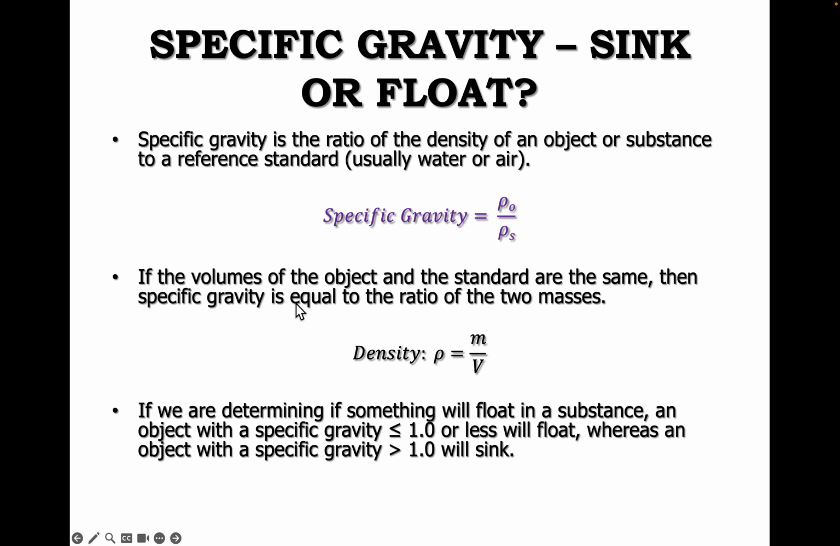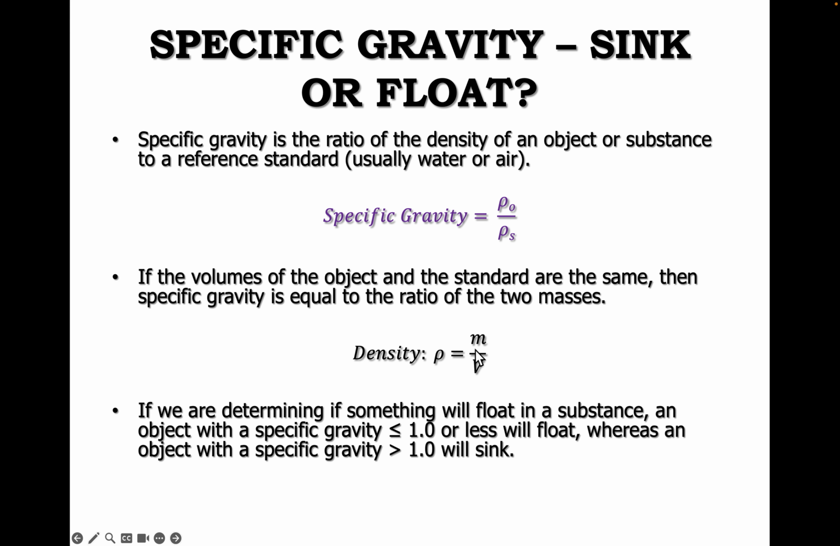So what's important to note here is if the volumes of the object and the standard are the same, then the specific gravity is equal to the ratio of the two masses. Essentially, density is mass divided by volume. So if we're trying to determine if something will float in a substance or sink in a particular substance,